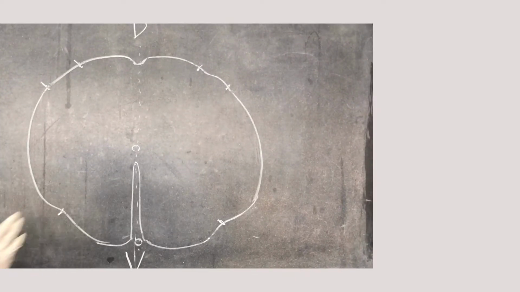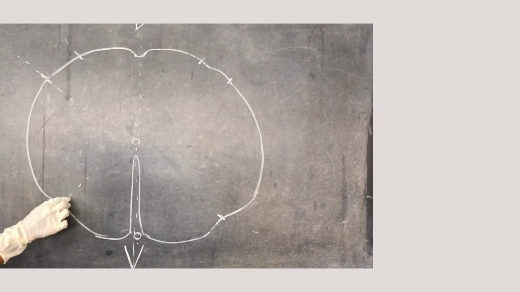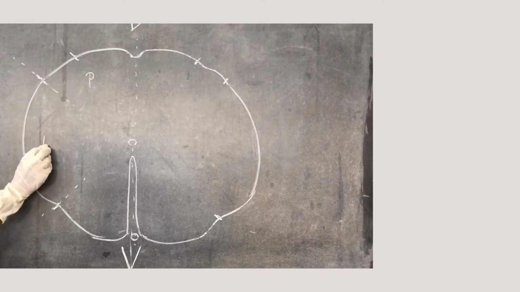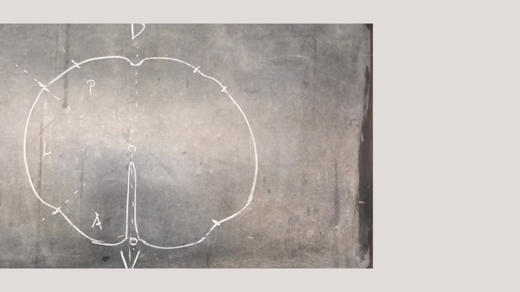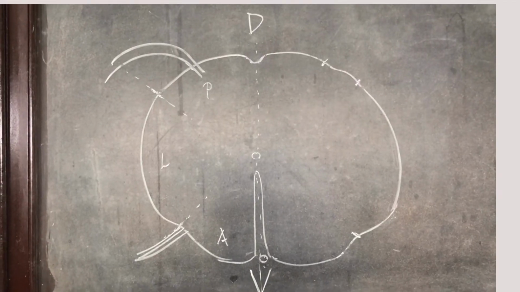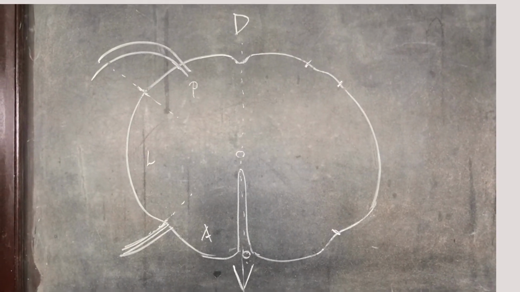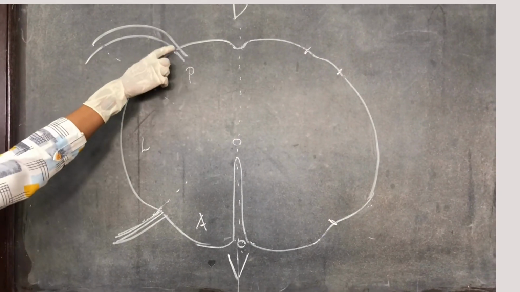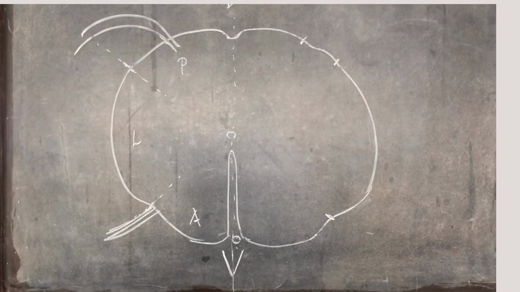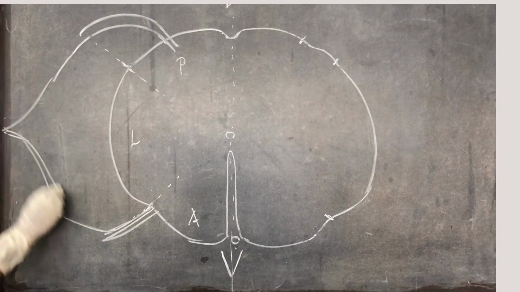Each half is further subdivided by the presence of posterolateral sulcus and anterolateral sulcus into posterior, lateral and anterior regions. Through the anterolateral sulcus emerges the ventral root fibers and through the posterolateral sulcus enters the dorsal root fibers of the spinal nerve. This together will form the spinal nerve.